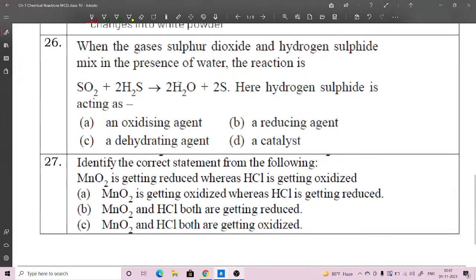When the gases sulfur dioxide and hydrogen sulfide mix in the presence of water, the reaction is SO2 plus H2S gives H2O plus sulfur. Sulfur is separated. Here the hydrogen sulfide acts as a reducing agent. So we know that H2S becomes H2O. Okay, we know that here